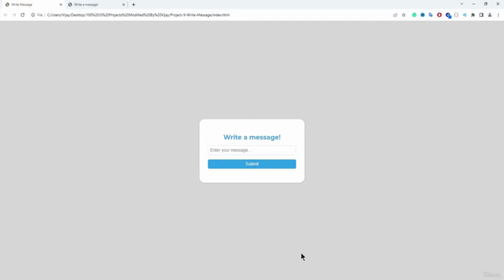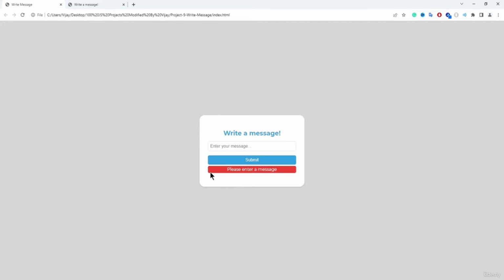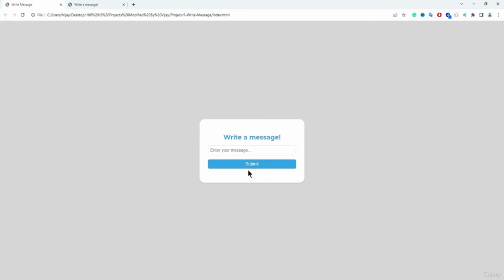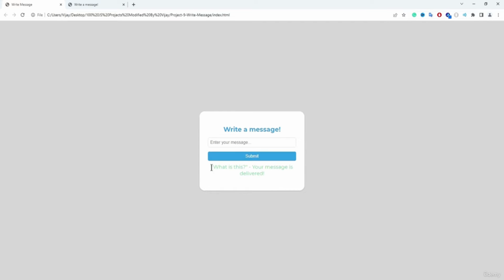So in this module, we are going to build the write a message application. This will be the final version of the application that we are going to build in this particular module. When I click on this submit button, you can see it's going to display "please enter a message." And after entering the message, if I click on the submit button, it's going to display the message that your message is delivered, and also it's going to append the content that we have entered